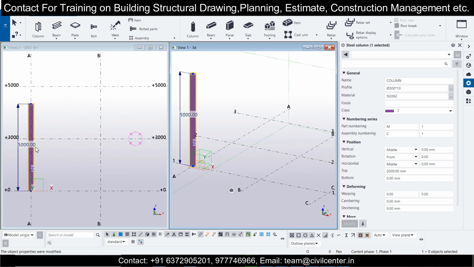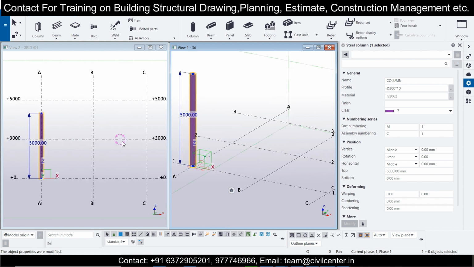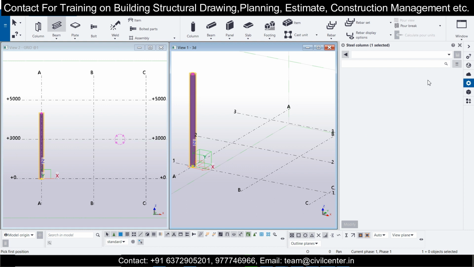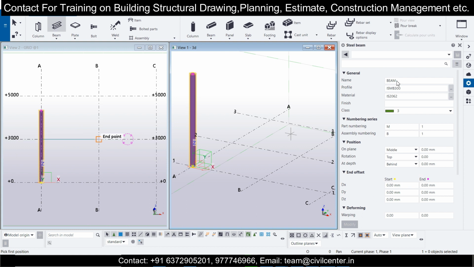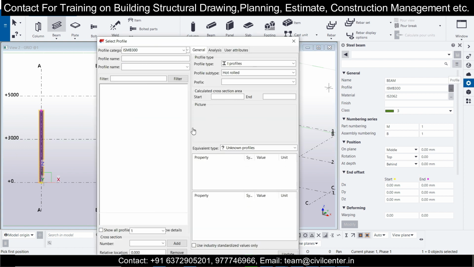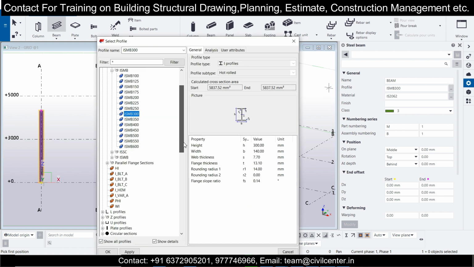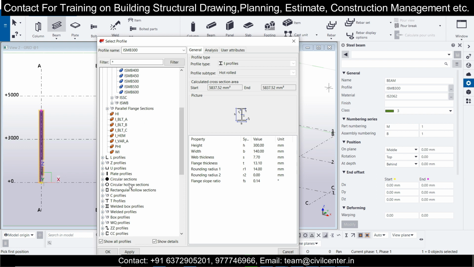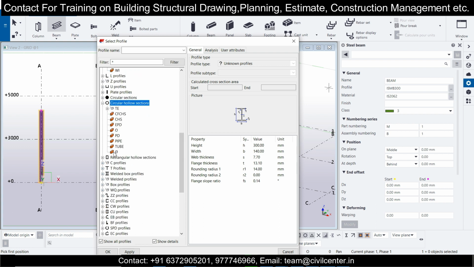Now for the beams, we'll add the beam at this first floor or ground floor roof level. For that, we'll take the beam, and we can have the properties of the beam beforehand, or you can apply it after we make this. We'll apply it before. Let's go with circular hollow sections, and then select this drop down, and we'll go with diameter.